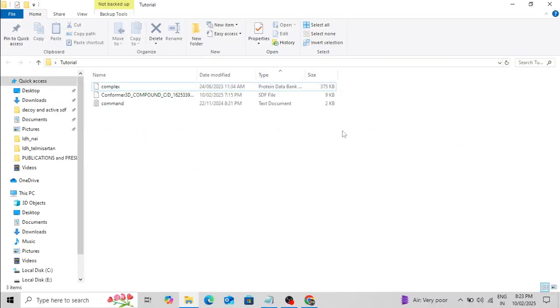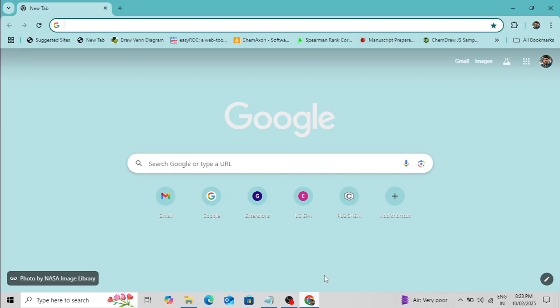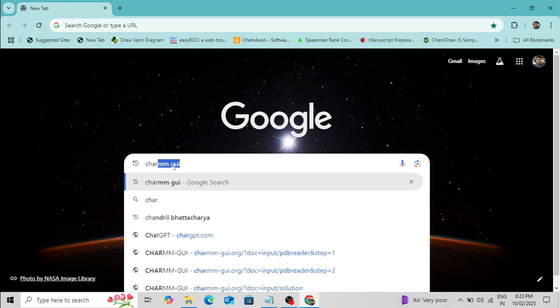So this is the tutorial folder, and here I have kept the protein ligand complex. It's a single PDB file where both the protein coordinates and ligand coordinates are present as a complex. And this protein ligand complex will be used as input for CHARMM-GUI. So type in Google CHARMM-GUI,